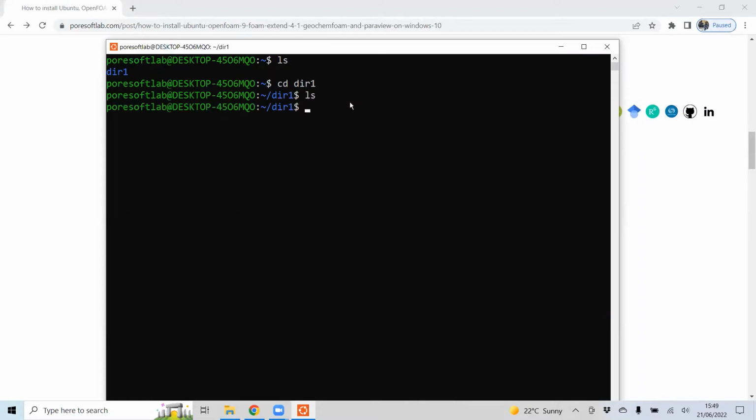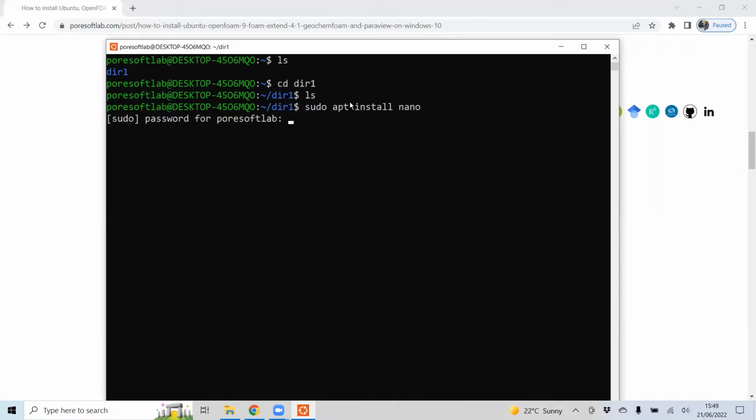We don't have any files, and we need to create files like a text file or code files to edit. I generally prefer to use the nano editor, and for that, first we need to install it. To install the nano editor, we type the command sudo apt install nano.